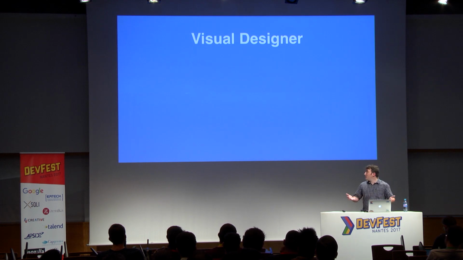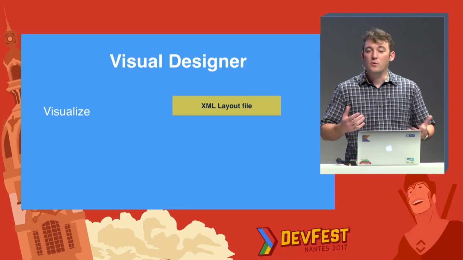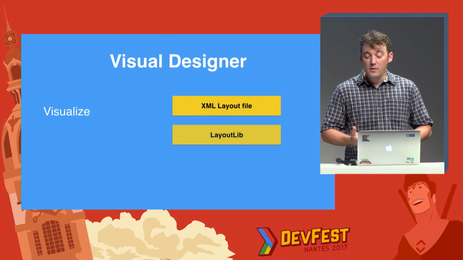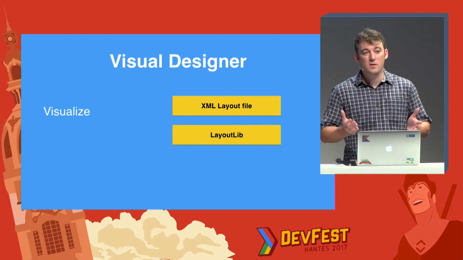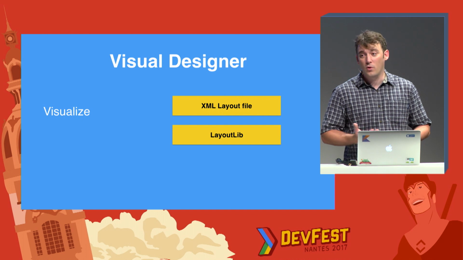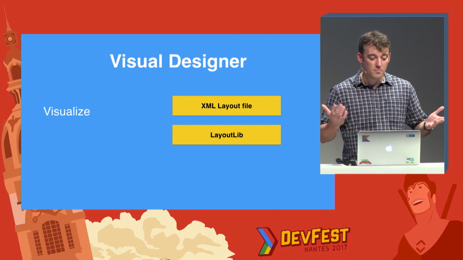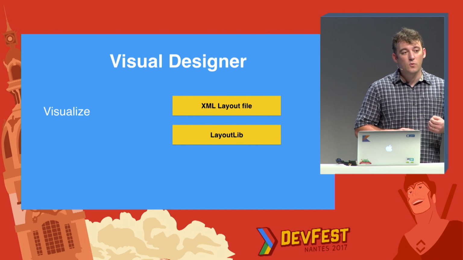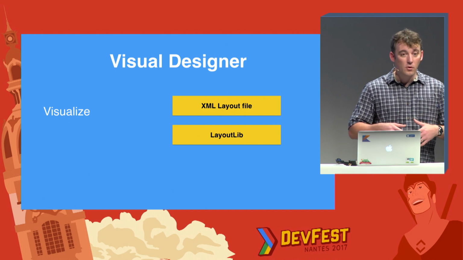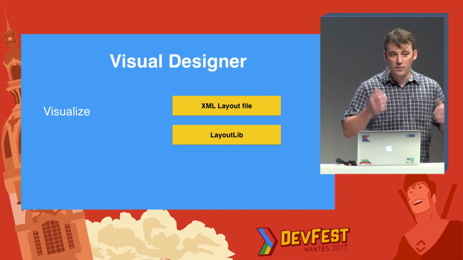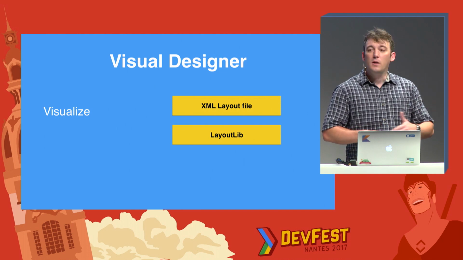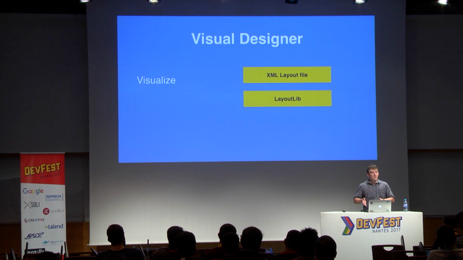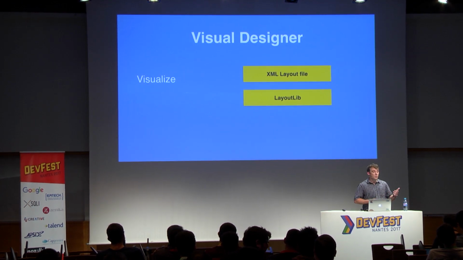So what do we do with a visual designer? Well, we want to visualize stuff. Basically, we just take your XML file, we run it through something called layoutlib, which in a sense is a port of the Android framework, the UI framework, on desktop. It runs on the Java desktop VM. What's really nice with that is that it means that we don't work for just constraint layout or just whatever layout we are using. It works with everything. So it means it works with any external library that you want to use. It works with your custom views, your custom view groups, whatever. We just run the same code.